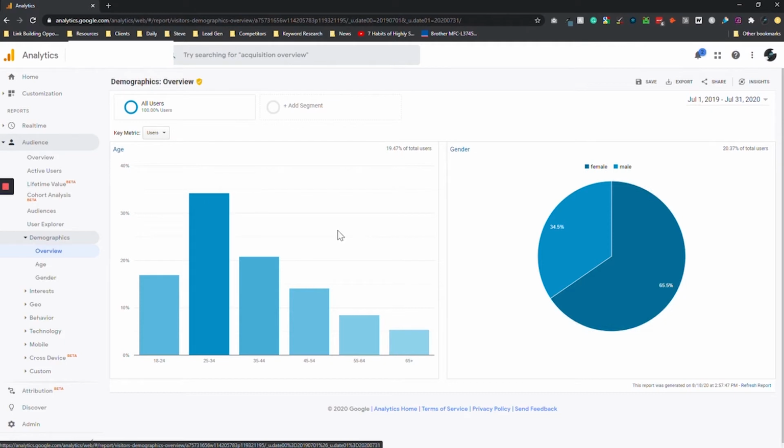So we can automatically look at that and go, great. We've got females between the ages of 25 to 34 as a primary segment that we're going to focus on. So we can create ads based around those demographics. We can create content based around those demographics. That's not really enough for us to target in on